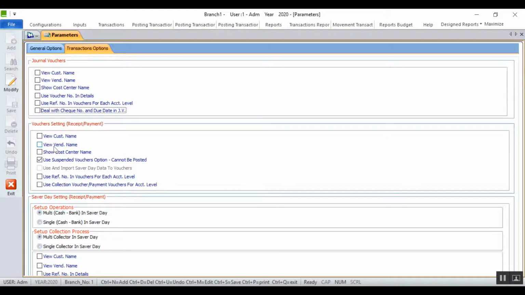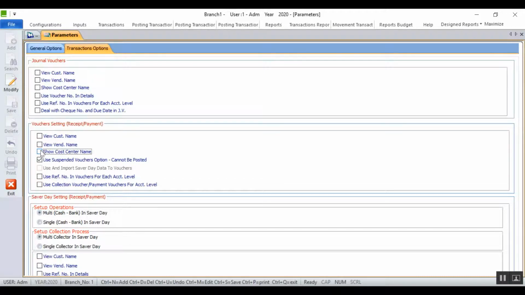And the variable View Vendor Name adds a column in two screens actually, Receipts and Payments Voucher, for the vendor's name based on the account that you've linked the vendor to in the screen Vendor Details as well in System Admin. As for the variable Cost Center Names, if you activate this one, it will add a column in the detailed data in the screens Receipts and Payments Vouchers so that you can enter a cost center for the accounts that are in the transaction that you're working with.